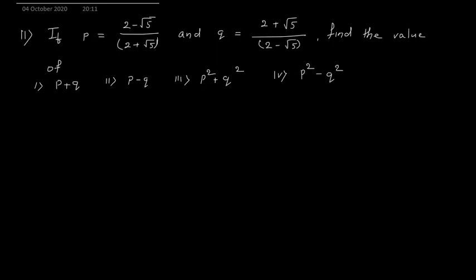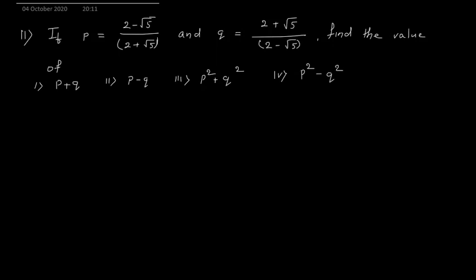Okay, then to find the value of P square plus Q square, what you can do, you can find first P into Q. When you find P into Q, they will cancel and you will get the answer as 1, PQ. Then you use the formula for (P plus Q) the whole square. (P plus Q) the whole square is what? P square plus Q square plus 2PQ. And similarly for P square minus Q square. Now for P square minus Q square you cannot do like that. Here you have to find the value of P square and you have to find the value of Q square and then write the value of that P square minus Q square.